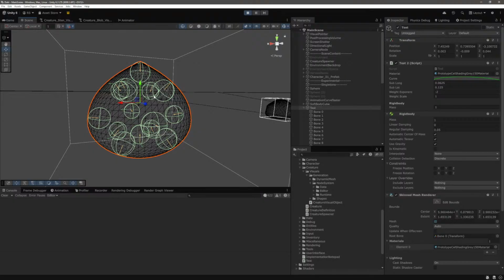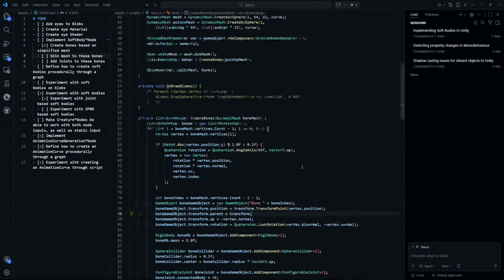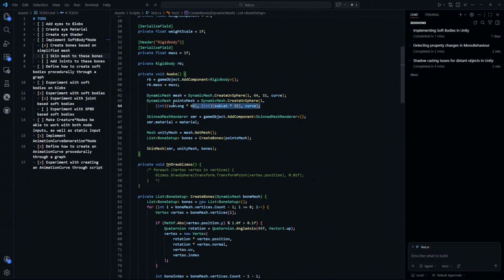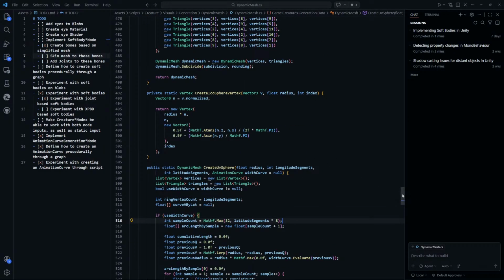So instead of generating a low resolution of the mesh and taking all of those vertices, instead we just ask dynamic mesh for every 10th vertex or something like that. Because then we should be able to get, let's try and add that experiment as well. So instead of generating this points mesh here, we jump to dynamic mesh and we implement